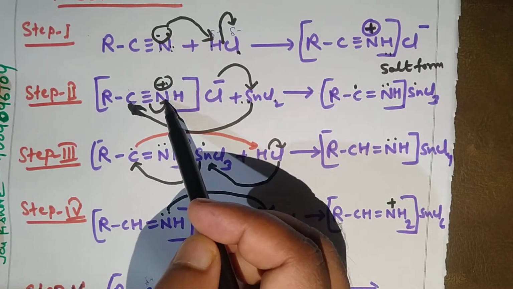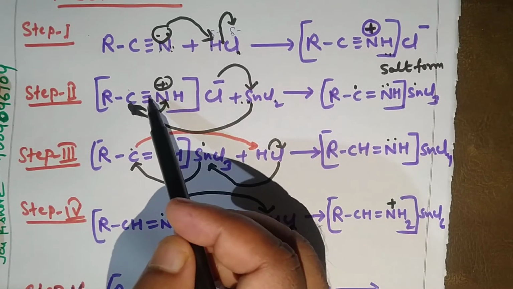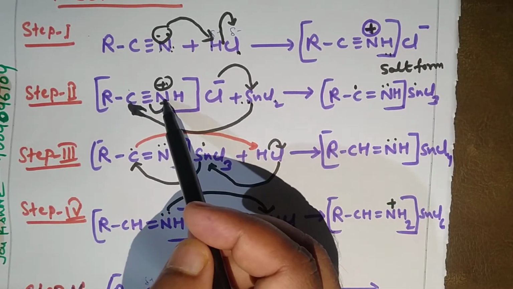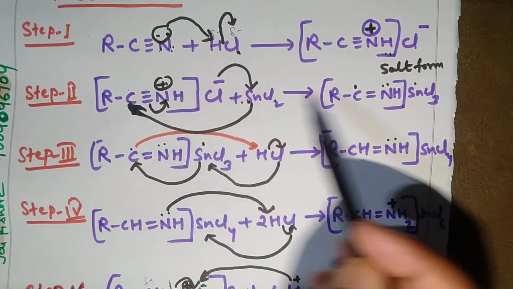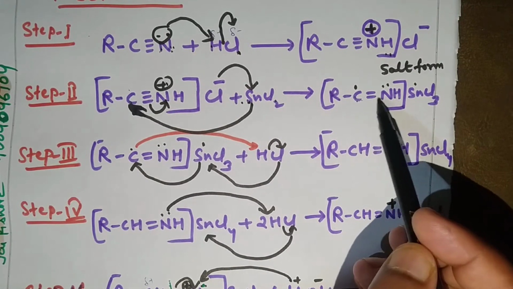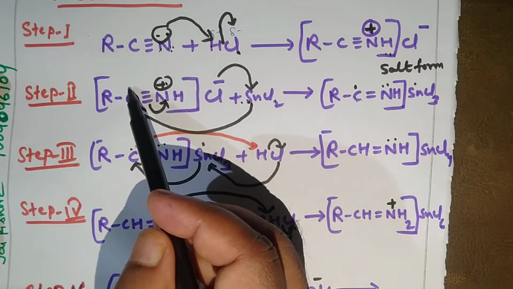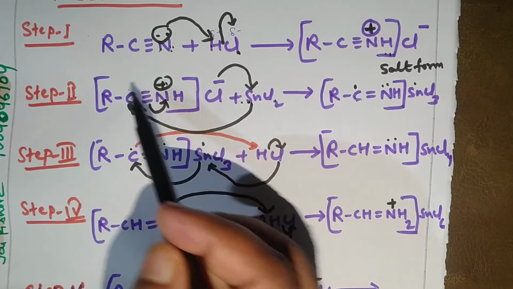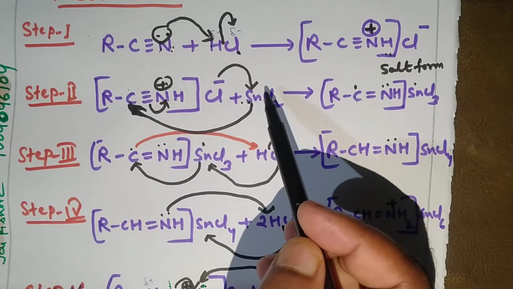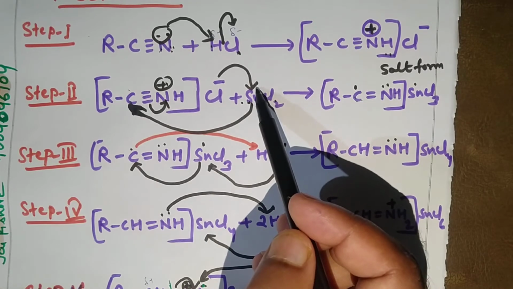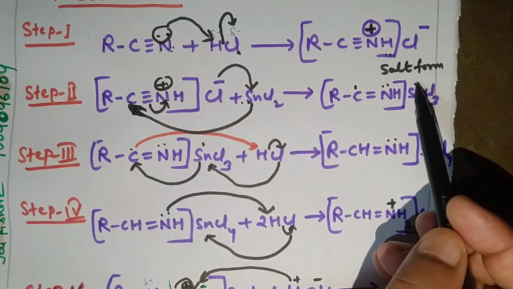So nitrogen has a lone pair of electrons, as you can see here, and there is no positive charge, since out of the triple bond one of the bonded electrons is taken by nitrogen. So here we only have a double bond between carbon and nitrogen. Now this Sn has given one electron, so one electron rests with this carbon atom. Since out of 2 electrons one electron is donated to carbon, Sn has one electron. So you can see this carbon atom.